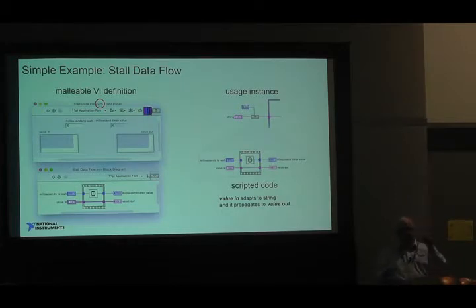But you don't want to put that snippet of code everywhere. It's a pain in the neck, and then you have to rip it out. But if you could do it as a sub-VI, that would be pretty good, inline sub-VI. But then if you have to make a version for every different data type, it's ridiculous. So what happens with our malleable VI